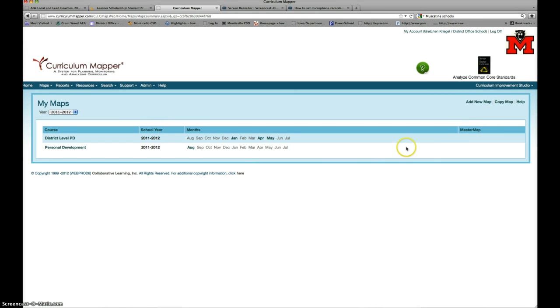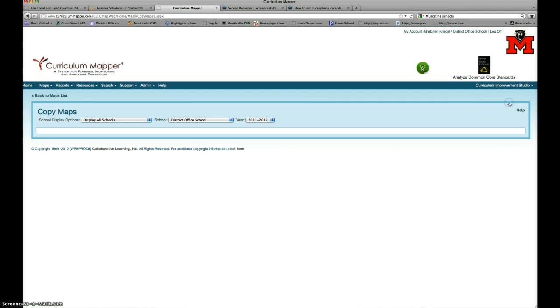Make sure the month you want to copy into currently doesn't have an existing map. So my January is bolded, so it currently has an existing map in it. These are current months that do not have any maps in them, so these are ones where I could copy an existing map into. So select Copy Map,